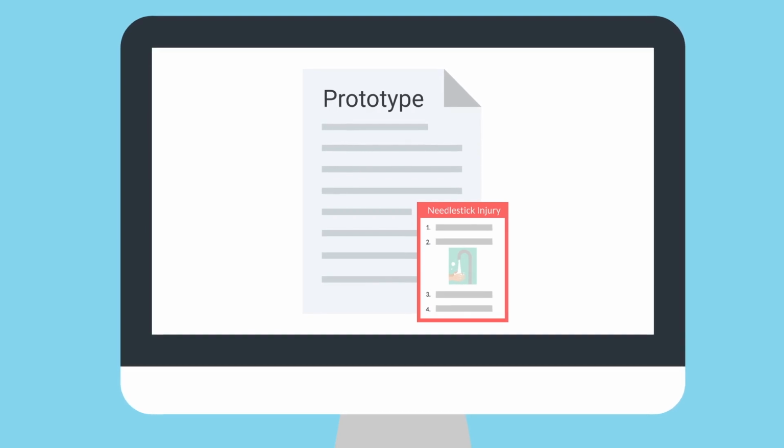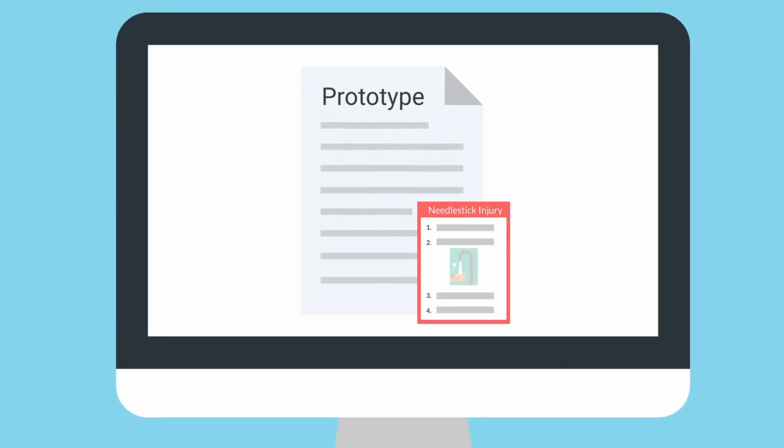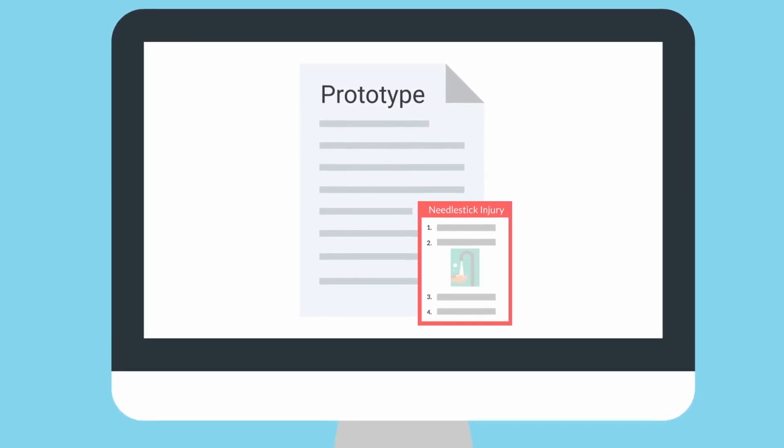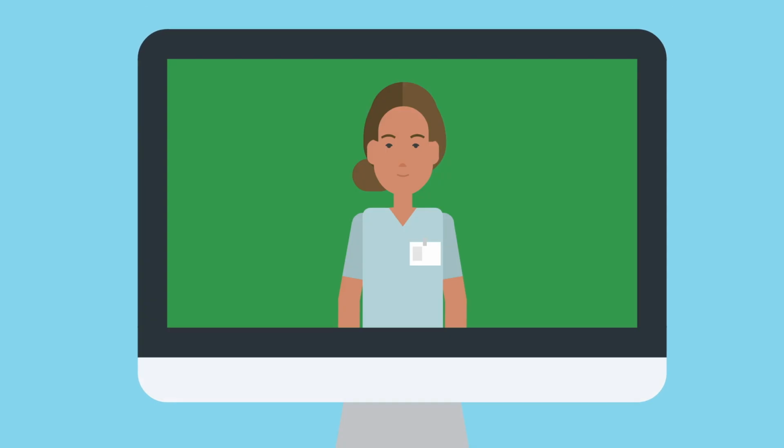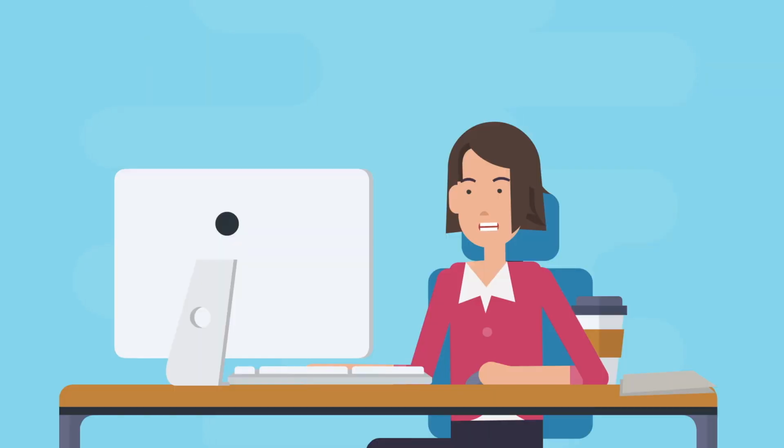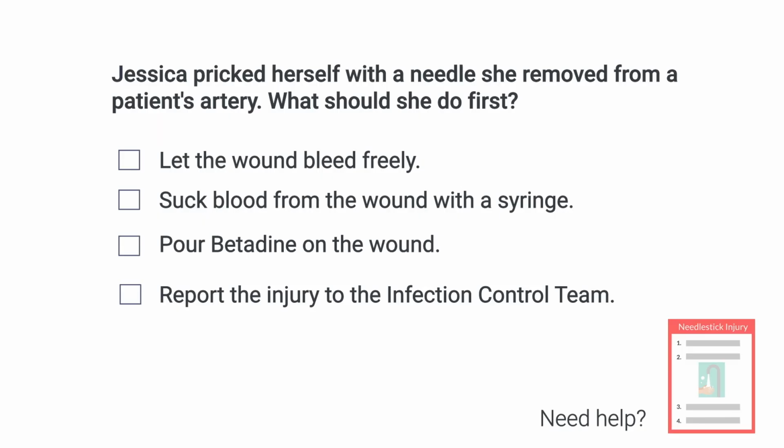Since the nurses aren't paying attention to the sign on the wall, Michelle adds a photo of that job aid to her practice activity. Then she meets with Stephanie to refine the prototype. Okay, here's the draft prototype. This is based on our action map where the nurse needs to make a decision immediately after they injure themselves with a sharp. You mentioned there are 3 mistakes nurses frequently make in this situation, as well as 1 correct